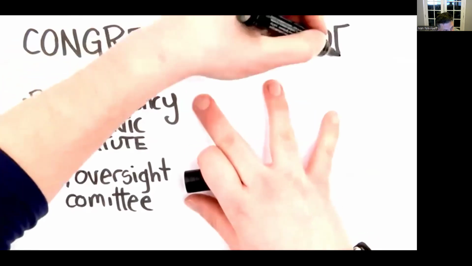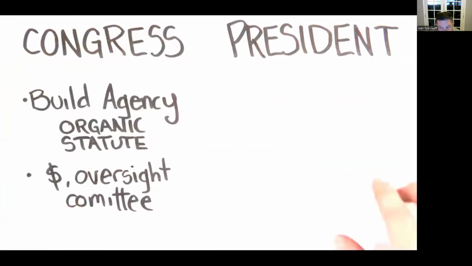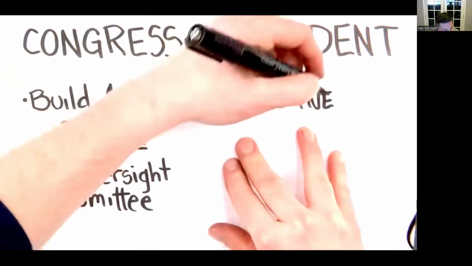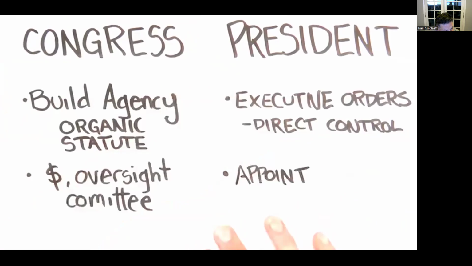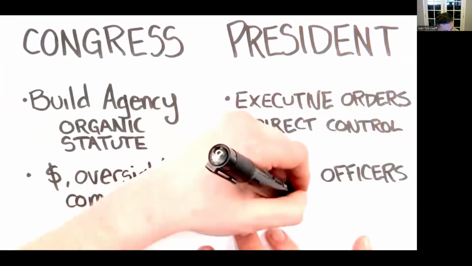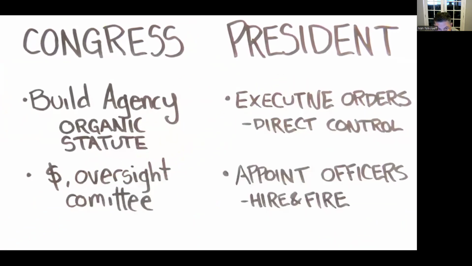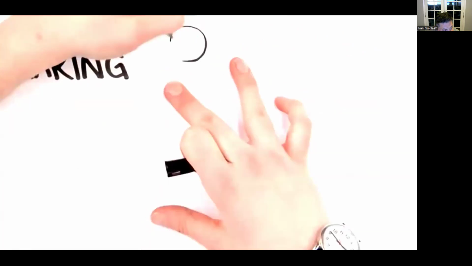Also, the president gets to put the pilot in the robot. They get to choose who's steering the agency. The president also gets to order the agencies around. These are called executive orders, and they're supposed to make sure that the agency is acting in accord with the will of the people. So besides these structural controls, the Administrative Procedure Act is the law's biggest source of control